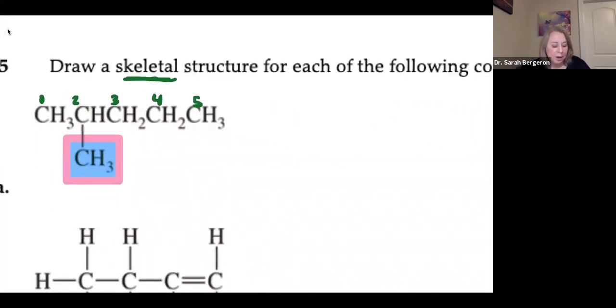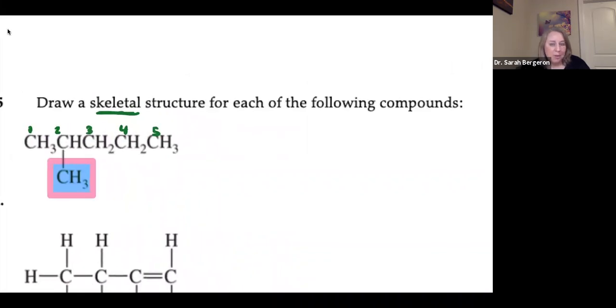So I'm going to come over here. And I want to draw my skeleton structure. So remember, just bare bones, we're only going to draw our lines. So I need to have 5 carbons in a row. So here's my first carbon. I'm going to start with those dots, kind of like the book does. That way you know where those carbon atoms are. That's 1, 2, 3, 4, 5. So that's my main carbon chain, but I don't want to forget my extra carbon that's hanging out